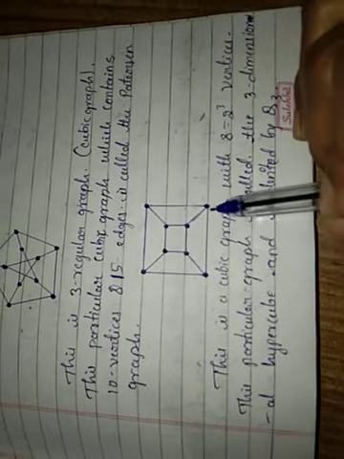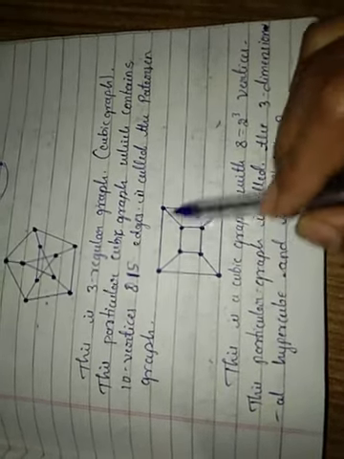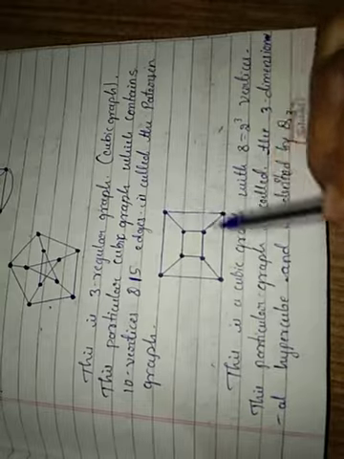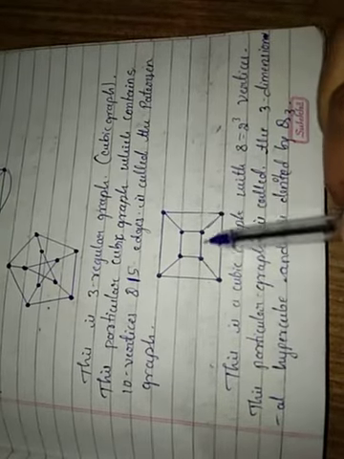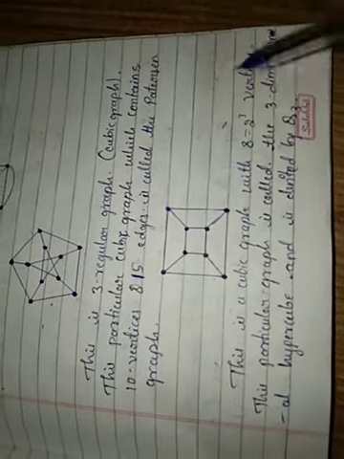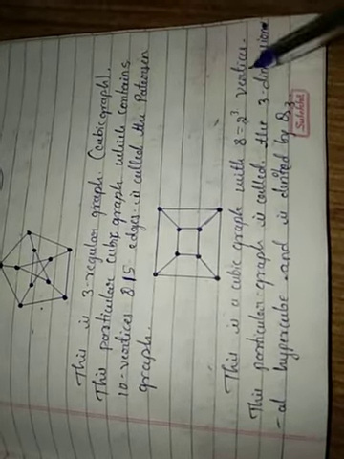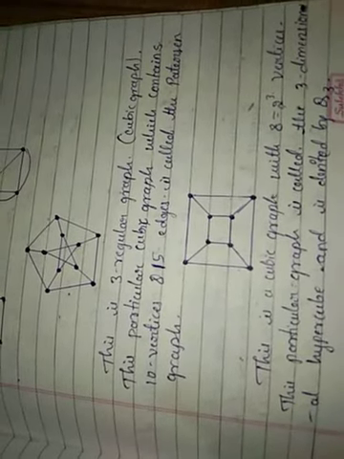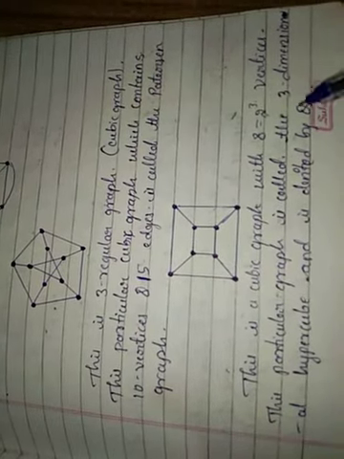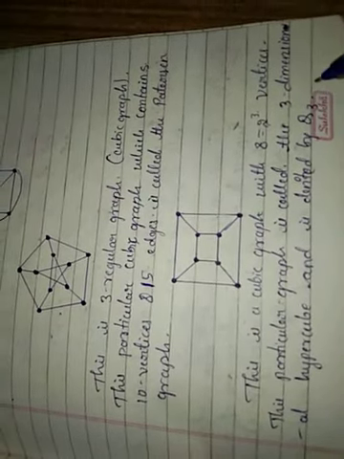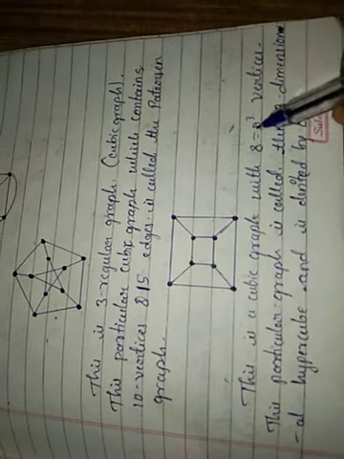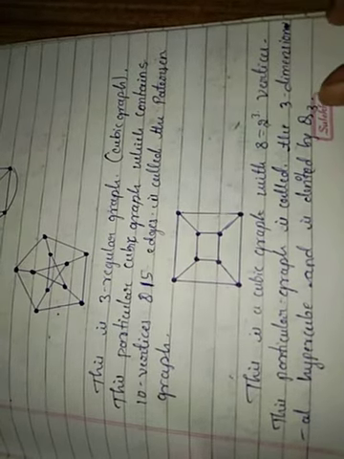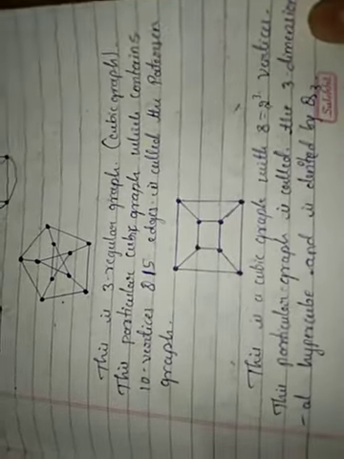So this is also called a cubic graph, with the vertices 1, 2, 3, 4, 5, 6, 7, 8. Totally 8 vertices will be there. So the total number of vertices will be 8, that is 2 raised to 3 vertices. So this particular graph is called the 3-dimensional hypercube, and this kind of graph is indicated by Q3, meaning a graph with 2 raised to 3 vertices is denoted by Q3. So here this is called a 3-dimensional hypercube.